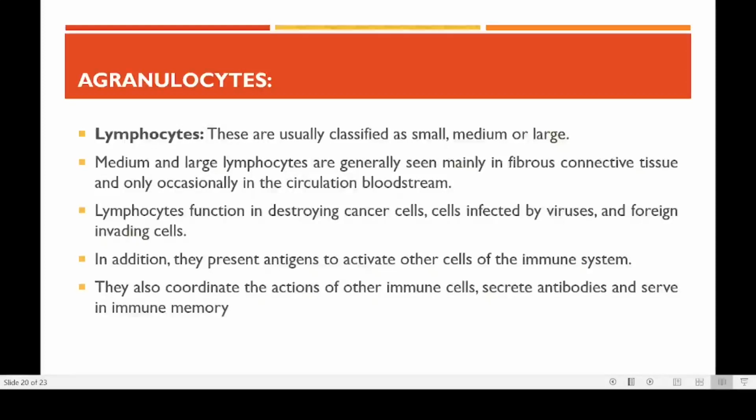Then there are several cells which directly attack the microorganism. So the immune system is protecting our body by the combined effect of several cells. In several different ways, our body is fighting with the microorganism and also protecting itself. So one function of the lymphocyte is that they capture these microorganisms, or what we call the antigens. They capture the microorganism and bring it to other immune cells like monocyte or neutrophil.